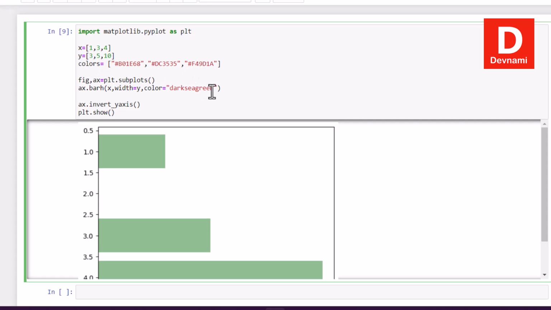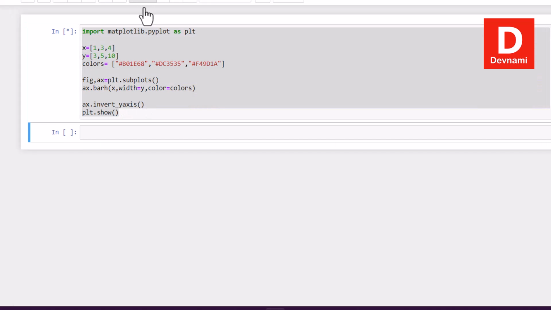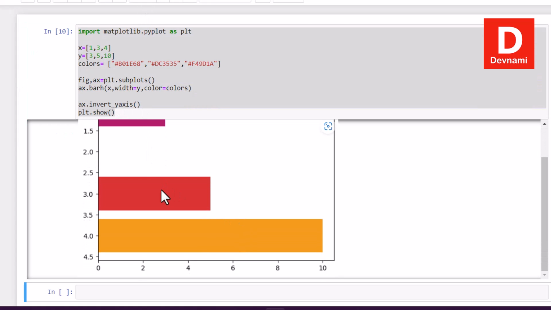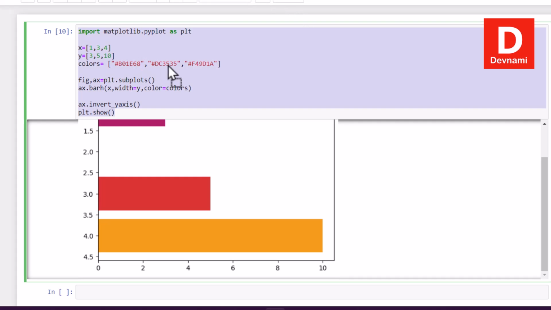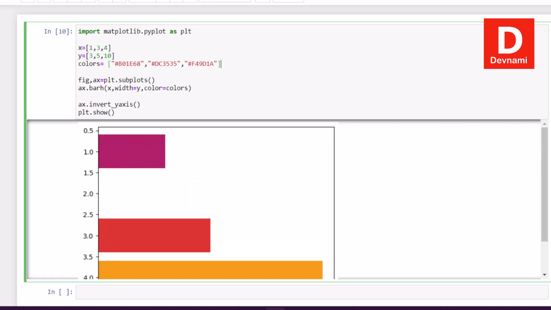So we added this color, and instead of custom color here, you can use colors, right. Now if I run this, let's see if it changes anything. Okay, it managed to take these three colors from our color array and managed to plot it on our bar chart,